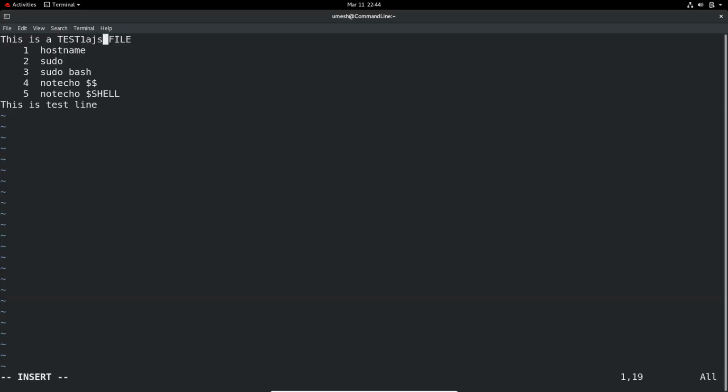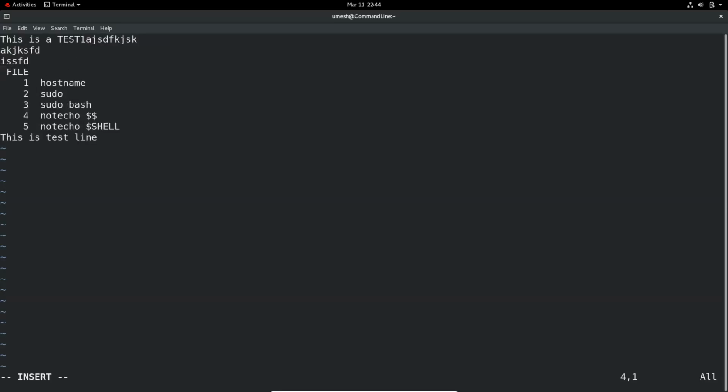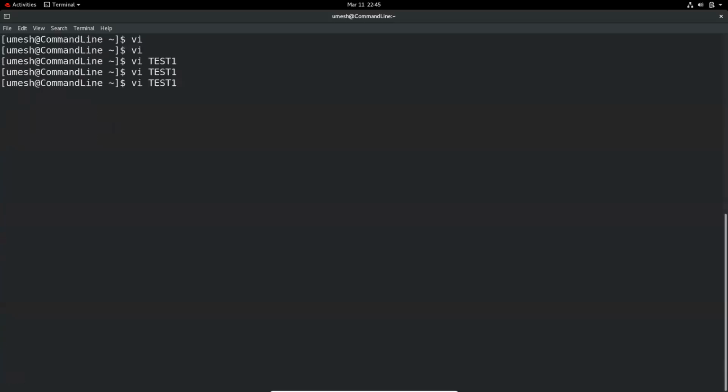So now you can type whatever you like and go to the new line, make some changes. And if you're ready to write to the file, just escape. It will go to the command mode and :. You can do w to write to the file. And if you want to ignore the changes, you can do q, but q will not let you quit because you have made changes. So if you press q and enter, it says no write since last change. So we haven't written the changes. So q will not let you quit. But what you can do is colon q and then exclamation. That will force quit without the changes being written.